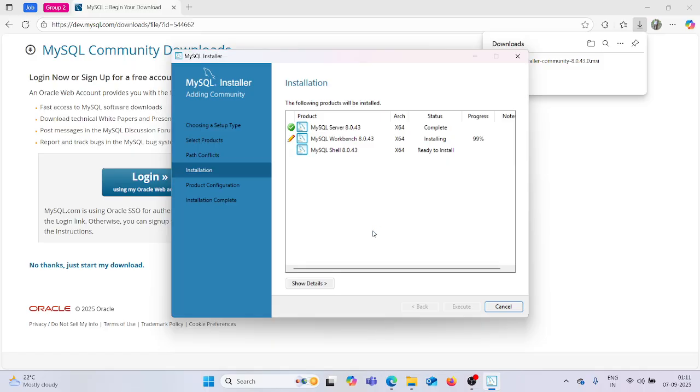Setup type, we took custom. Products, as I mentioned, are MySQL Server, Workbench and Shell.